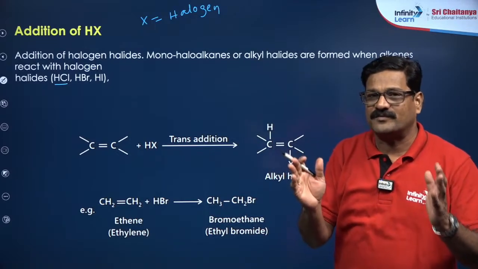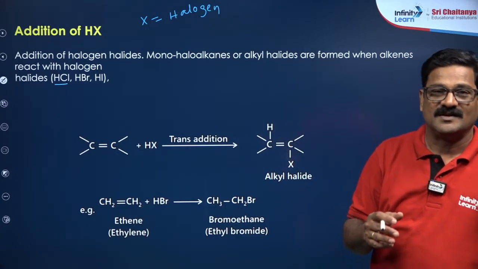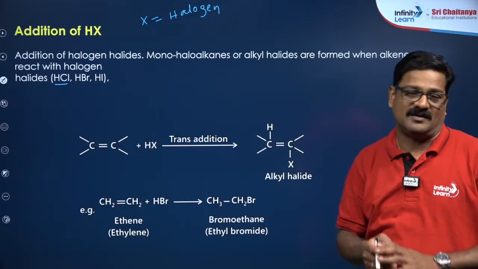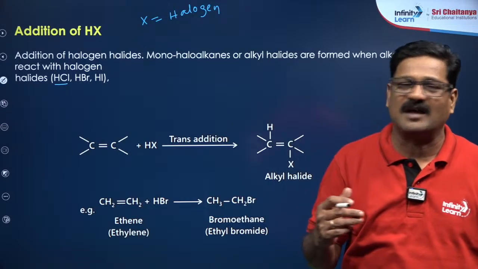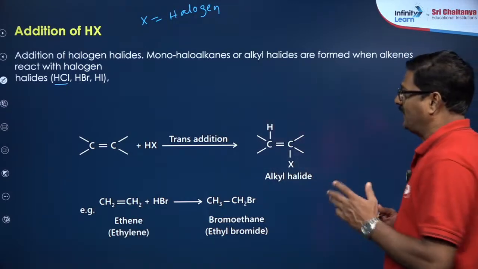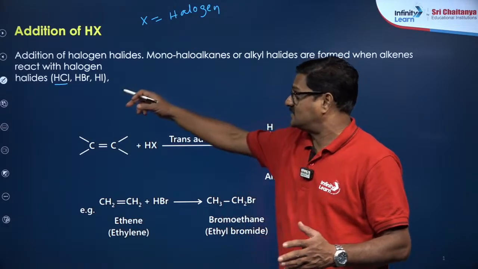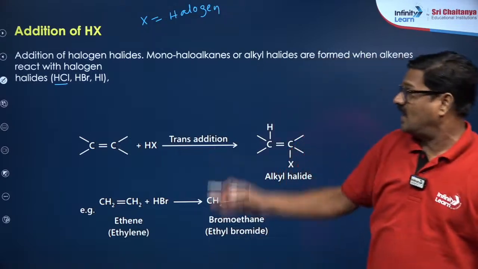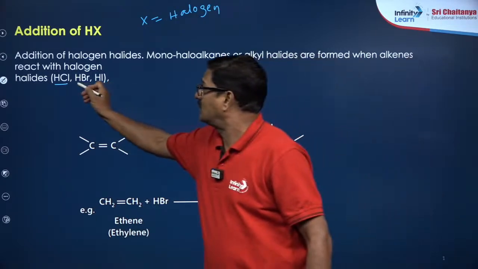But when it comes to fluorine, we don't use fluorine on a regular basis in the regular reactions. फ्लोरीन का behavior, इसकी chemical reactivity बिल्कुल anomalous अलग होती है, ठीक है. Fine. Addition of halogen acids: hydrochloric acid, hydrobromic acid, hydroiodic acid, hydrogen chloride, hydrogen bromide, hydrogen iodide, these are called